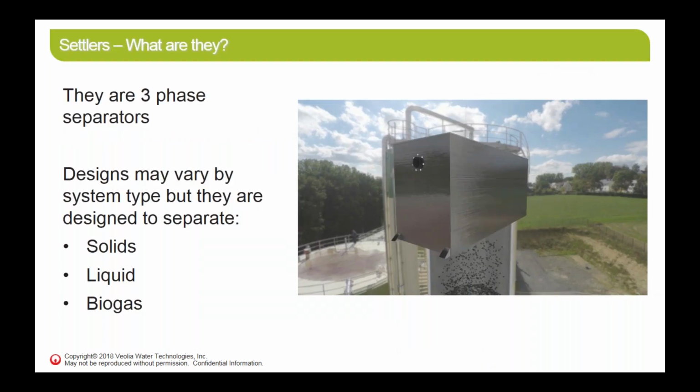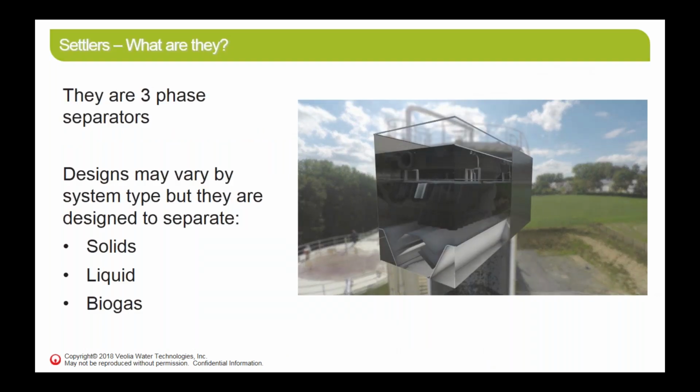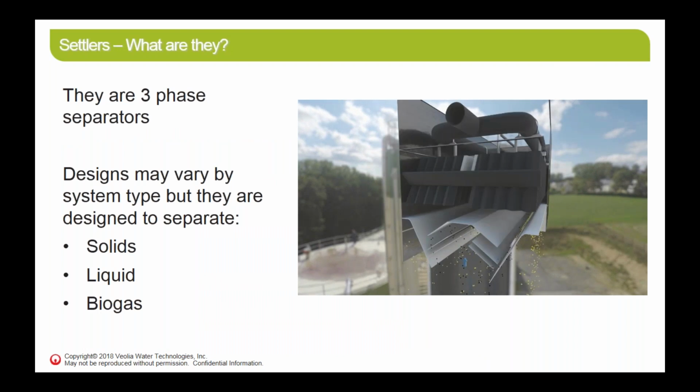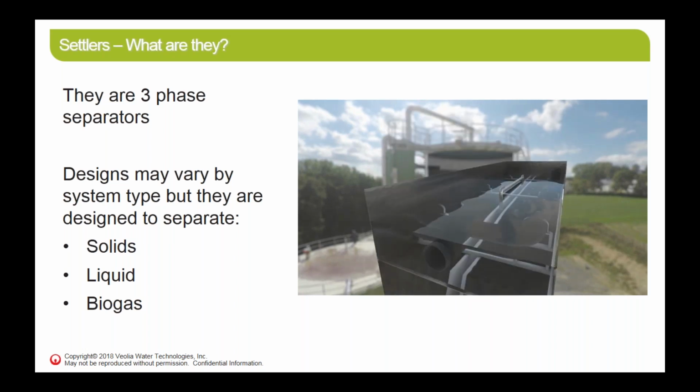So the settlers, what are they? Sometimes they're called settlers, sometimes they're called three-phase separators. They separate the biomass solids from the effluent from the biogas. If you see your little animation going on, the yellow is the biogas, the black is the anaerobic biomass. It hits the underside of that settler or three-phase separator and it degasses. And the biomass falls back down into the bottom of the tank. It settles. The gas goes out around to the top of the reactor, and the clean effluent overflows some submerged